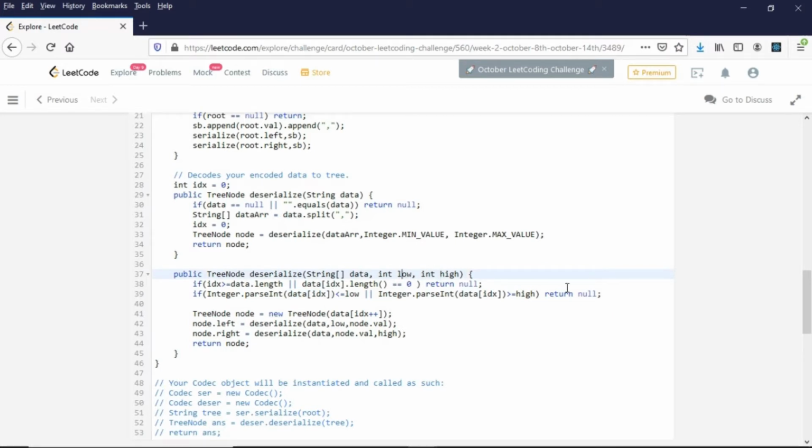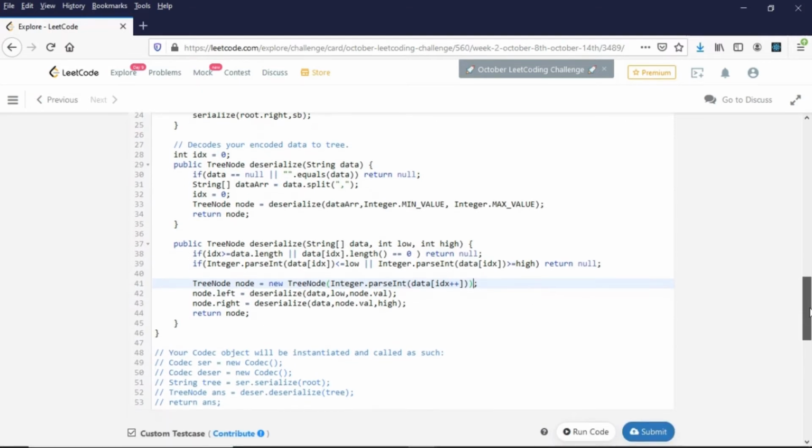So if it is out of range, then return null. Then again for the tree node, here also we have to do Integer dot parseInt because it is a string array, so I need to convert this value into an int value. Then I am forming the tree node and again recursively calling the left and right. So it looks good. Let us run this code.